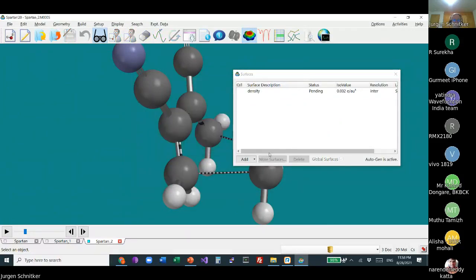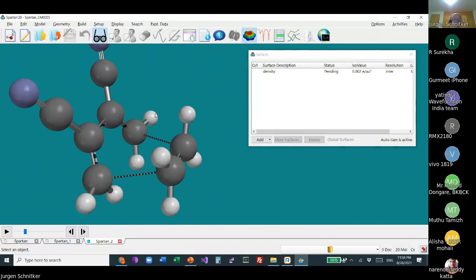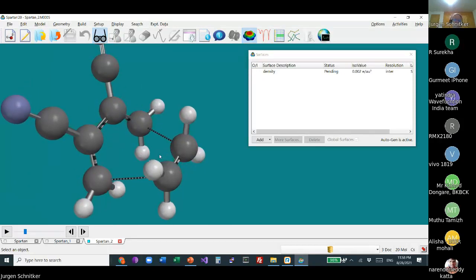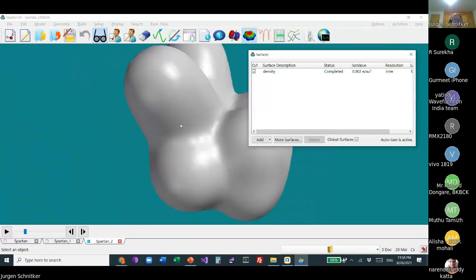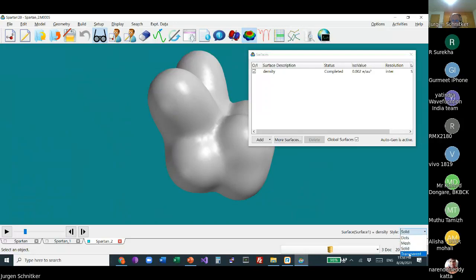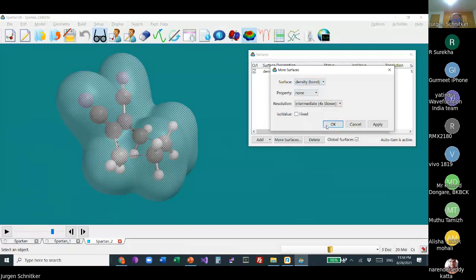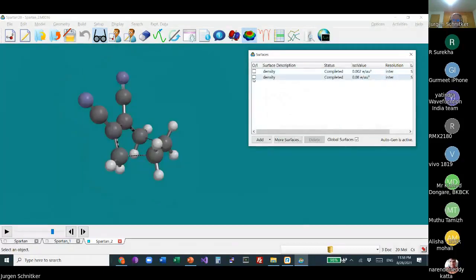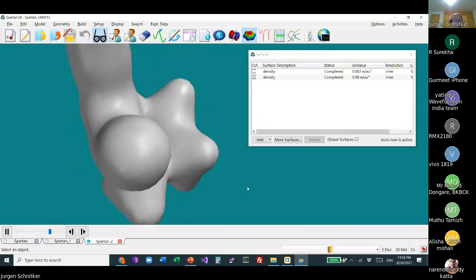And this should take, even though the program will solve the Schrödinger equation 20 times, once for each step along the reaction coordinate as they are going over the hill, using semi-empirical quantum chemistry, which is really only good these days for getting a guess. But here we are, and I'll put this on transparent, and let me do density with a higher density value. Okay, so you see here for this reaction